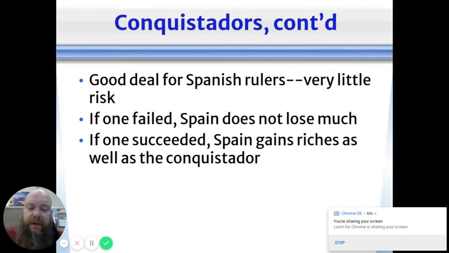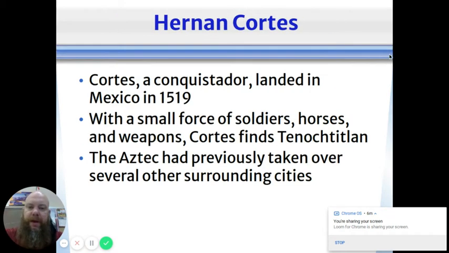And so this says basically what I already said. There's very, very little risk for Spanish rulers. If one fails, they don't lose much, but if they succeed, they could gain a lot. So it's a very low risk for them, high reward situation. And again, like I said, it seems cruel for me to sit here and say it was low risk because the only thing that can happen is the boats crash and all the people die. And that's true. I believe that. But for them back then, that's how they thought. And, obviously, thankfully, we have a little bit more compassion for people nowadays.